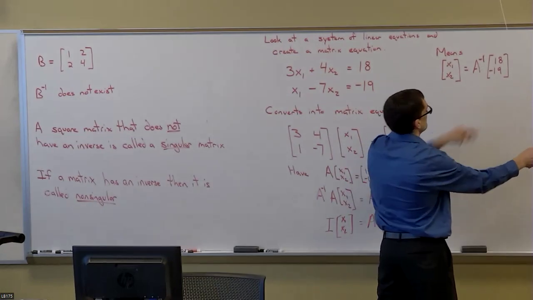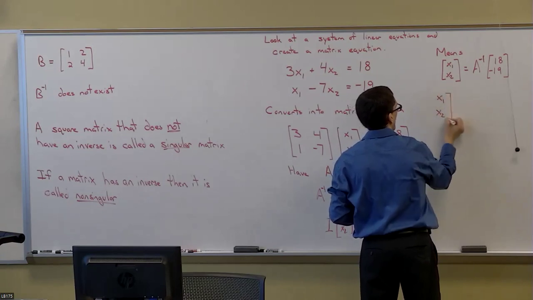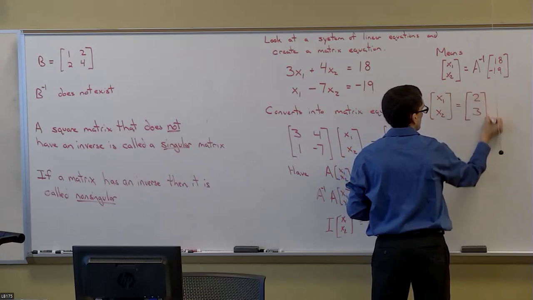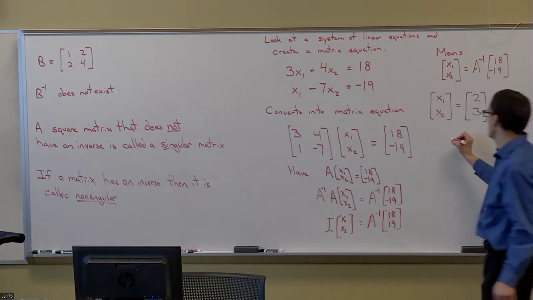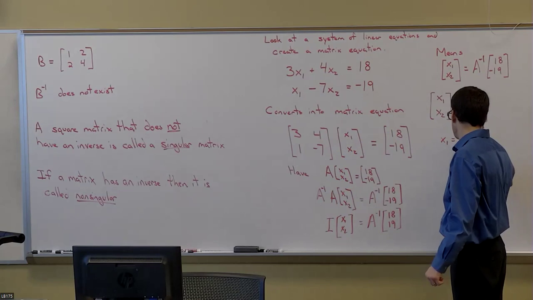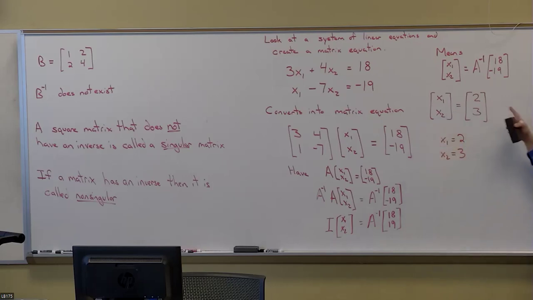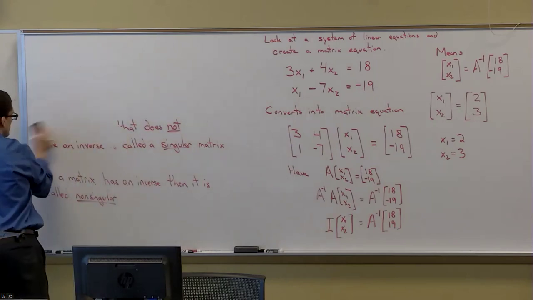What we said here is this is 2, 3, so that means the matrix x1, x2 is equal to the matrix 2, 3. Sometimes people call that the vector matrix 2, 3. That means x1 is 2 and x2 is 3. Now, once you've seen that once, you can say in general,